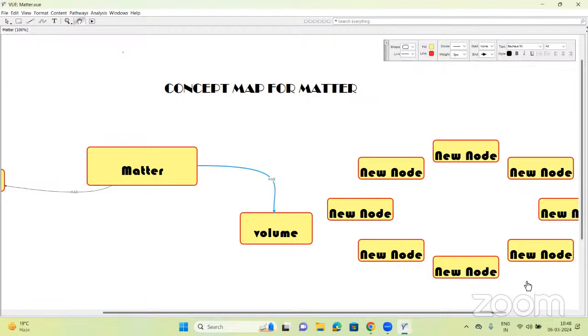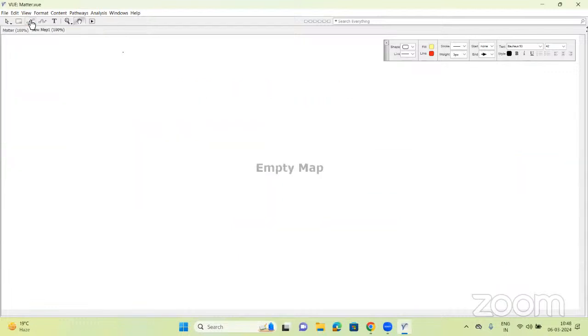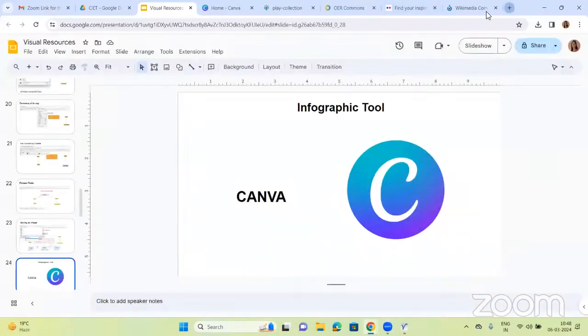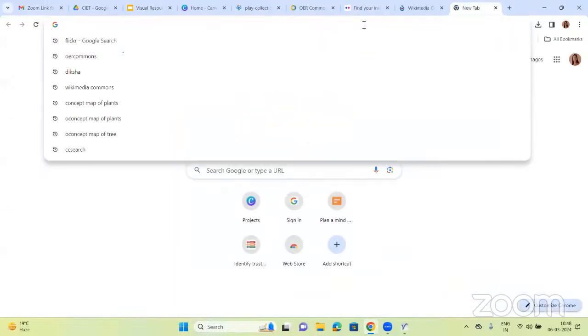Okay, it's the first step of creating a node. I'm taking a new map again here, an empty new map. I'm starting from the empty one. First start with the downloading of the software, definitely, since that is important, you said. So I've told you, you have to just